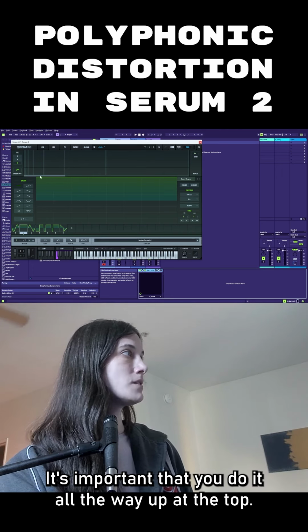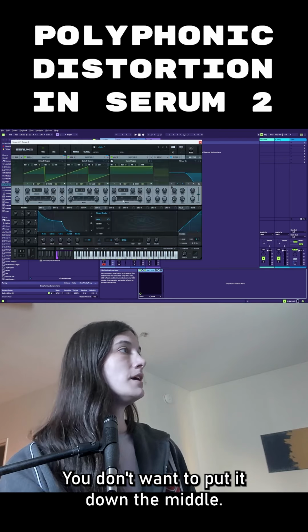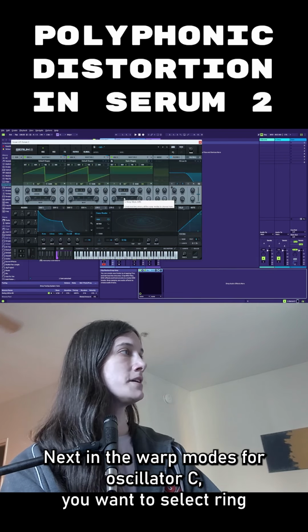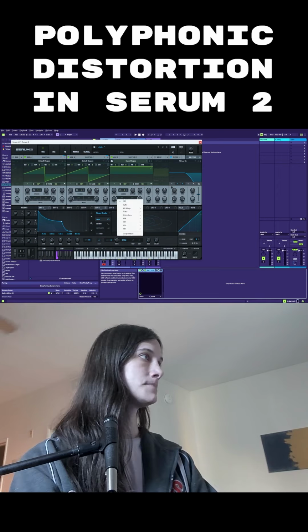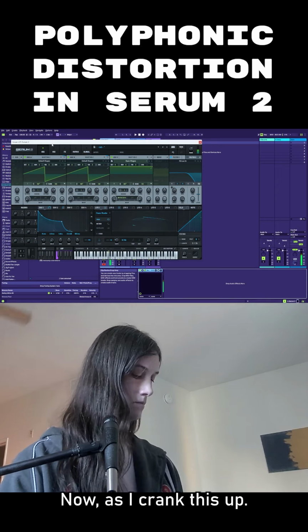It's important that you do it all the way up at the top. You don't want to put it down the middle. Next, in the warp modes for oscillator C, you want to select ring mod and select filter 1 as the source. Now, as I crank this up,